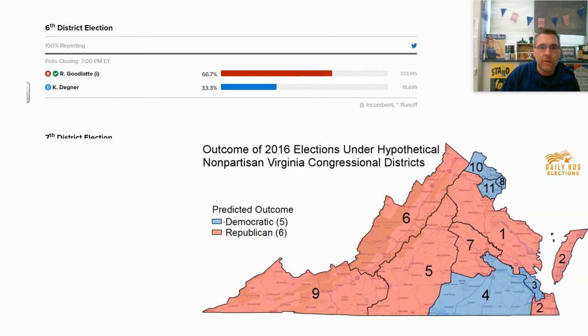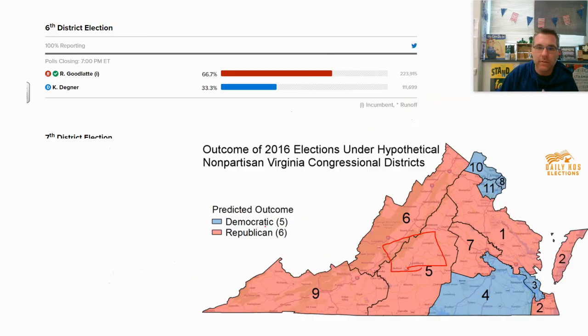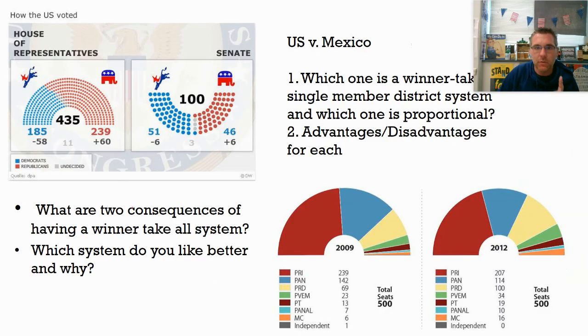Okay, here's your overall playout map there. Here's the congressional districts, just letting you see what happened. And again, the 6th district, Lynchburg is right in here. It's weird, but we have this little sliver right there is where Lynchburg is. No, I'm sorry, I'm wrong. Here's the old map. I'm wrong there. So we were in the 5th district, but this is what they're saying the district should look like. I'm sorry, that's what this map is. And it's not what the map looks like. The map is definitely more skewed to have bigger districts in the Southwest. And I'll have to show you that. But the 5th district is a big one that's skewed.